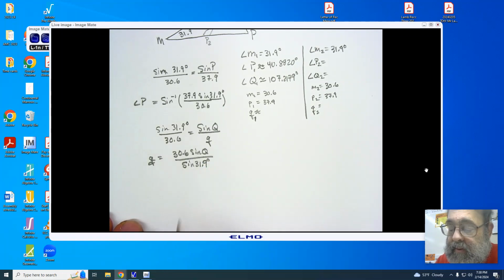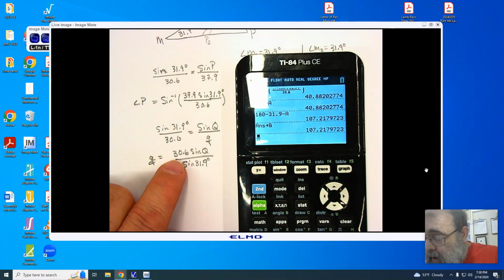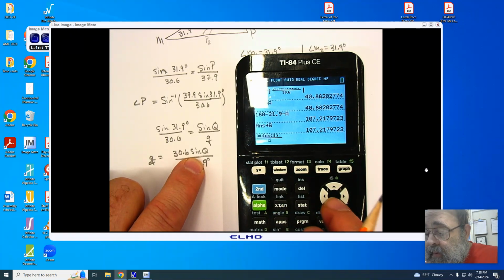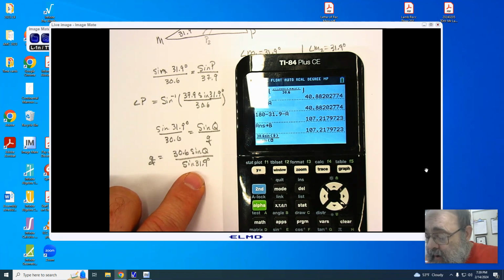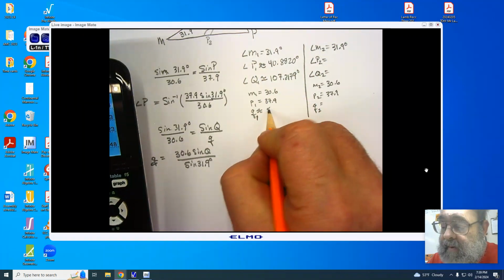This is in degrees. I'm therefore going to put this into my calculator. Alpha y equals gives me the fraction. I have 30.6 sine of our alpha B, which was our Q value, and we're dividing it by the sine of 31.9. Hit enter, and we now have that side